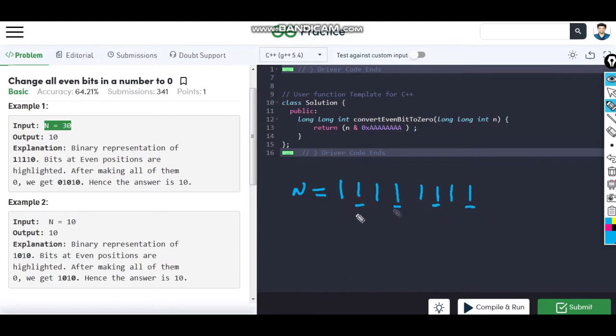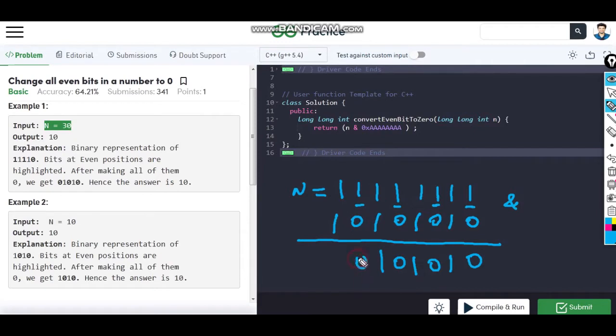So I will do the bitwise AND operation with a number that contains 0 in its even positions. So 0 1 0 1 0 1 0 1, and this is the output.